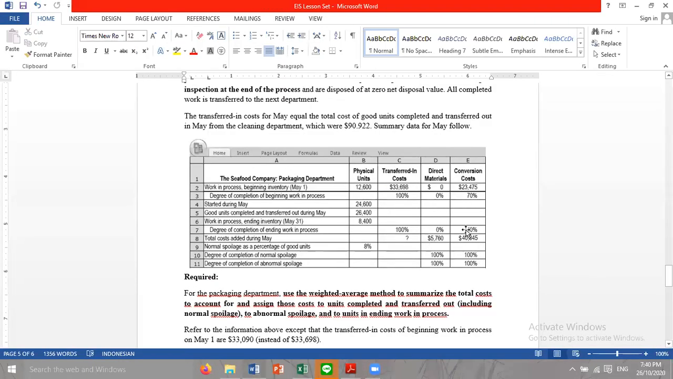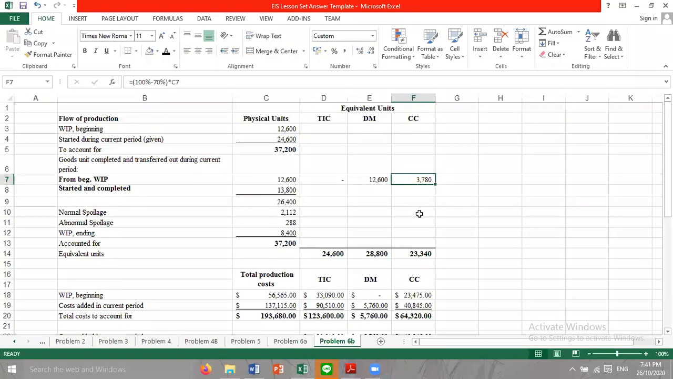Yeah. Oh, sorry. Why 40%? I mean 70%. Sorry. This is work in process. Degree of completion of beginning work in process, 70%. So it's 100 minus 70%, or 30%. For started and completed, since it's started and completed, they're all multiplied by 100%. Then we'll get a total of goods unit completed and transferred out of 26,400 in physical units,